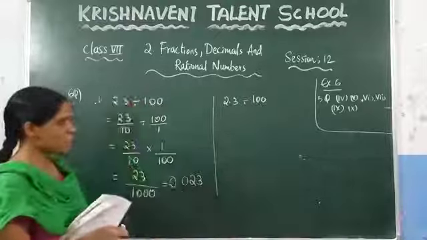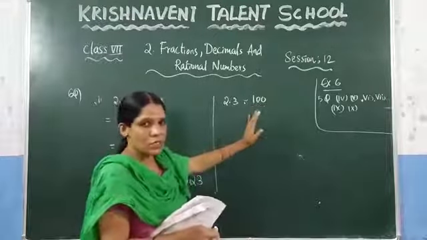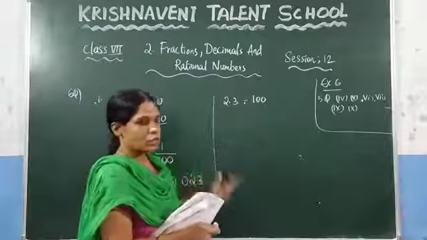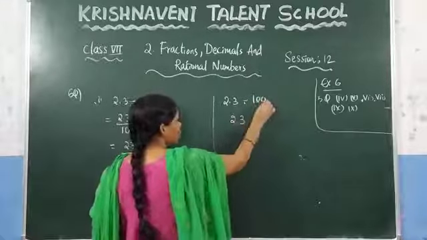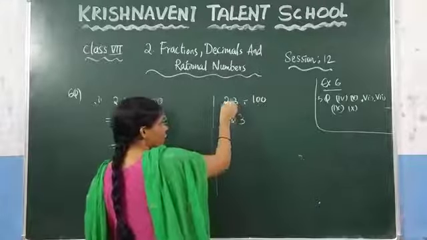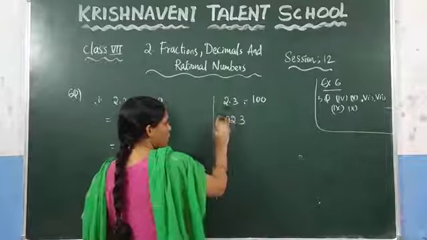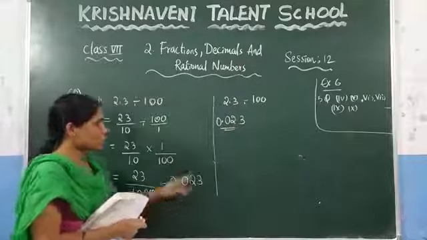As we have discussed now here, since 2 zeros are there, you need to shift this decimal point 2 numbers to the left. So here, what is the number here which is 23, and 2 zeros are there, here 1 zero and here 1 number is there. Before that you need to keep one more number and after that you keep the decimal point. Just we have got the answer in one step.